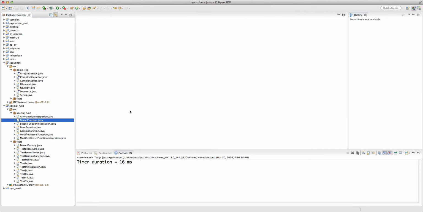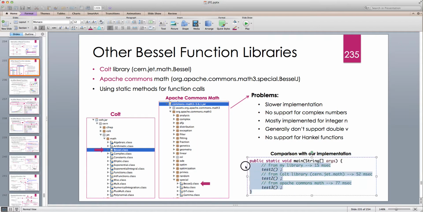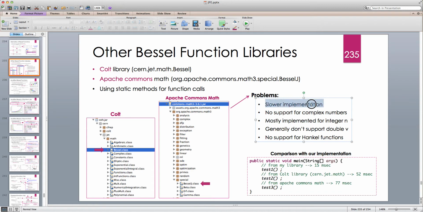All right, so what I want to do is write these tests, and before that, let's just recap these libraries. The problems that these two have, at least in my opinion, are that they're a slower implementation. They have no support for complex numbers. So if you want to calculate any of the Bessel functions for a complex number, these libraries don't have support. They are mostly implemented for integer n, so generally they don't support double nu, right? And one of the reasons was that